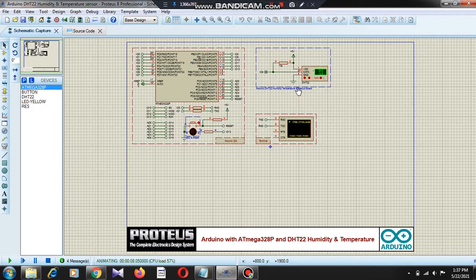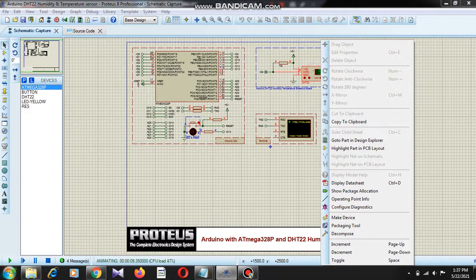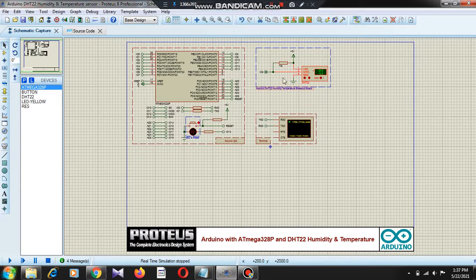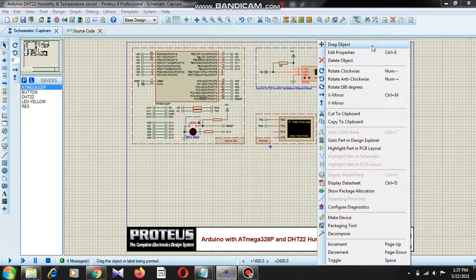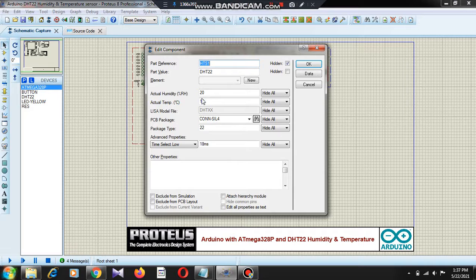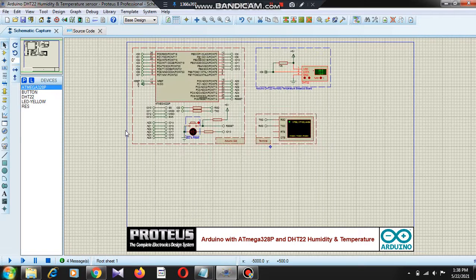Yes, let's edit some properties more. Let's stop it and edit it again. This time the temperature will remain constant and I will make changes in humidity to be greater than 60, so I will make it 85, enter, and then again run the simulation. This time the LED will glow after 0.5 second. Yes, the LED glowed and it will glow next after 0.5 second.